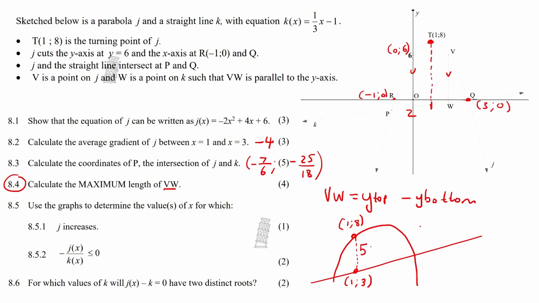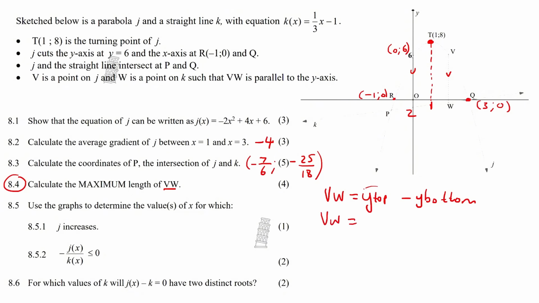That length would simply be 5, because if this y value is 3 and this y value is 8, then to go from 3 to 8, that's 5 units. So you see how I took the y value of the top one minus the y value of the bottom one, and that'll give you the vertical distance. So what you then do now is you say, okay,